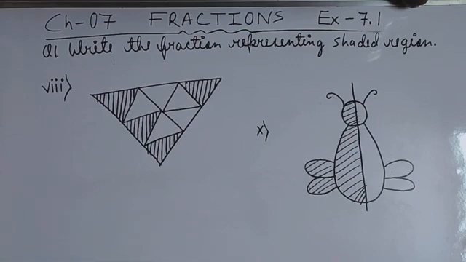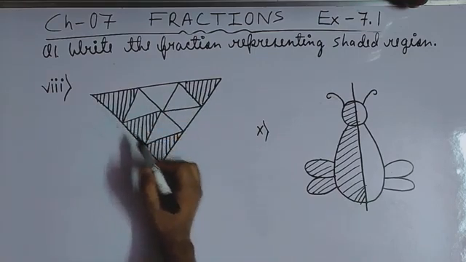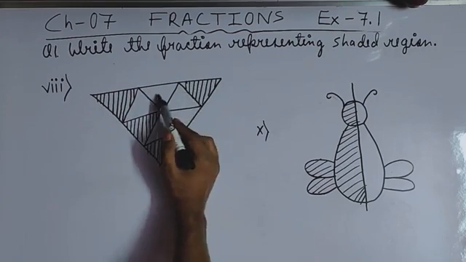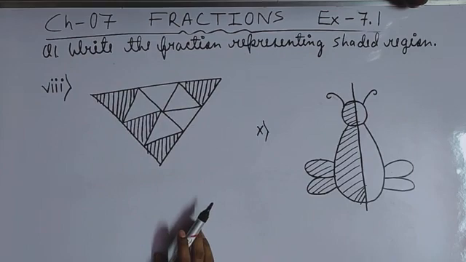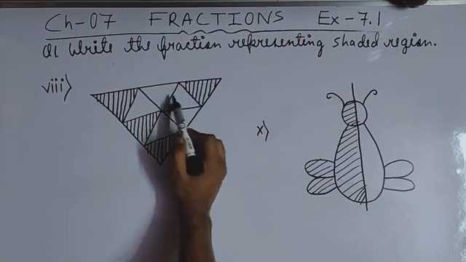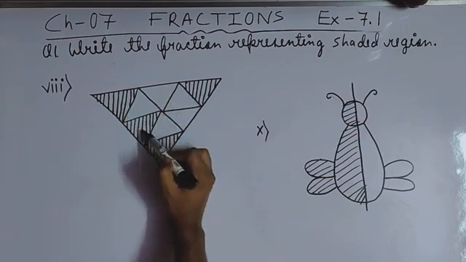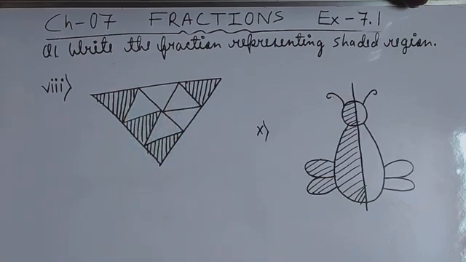So first of all, for converting a single object into a fraction, it has to be divided into equal parts. Equal parts में divide होना चाहिए. If you see in this triangle, the bigger one is divided into 1 2 3 4 5 6 7 8 9, 9 smaller triangles. If you see, 1 2 3 4 5 6 7 8 9, 9 equal triangles. This single triangle is divided into 9 triangles.